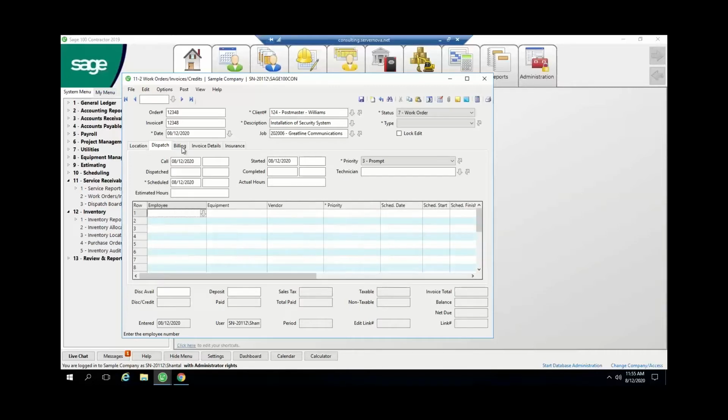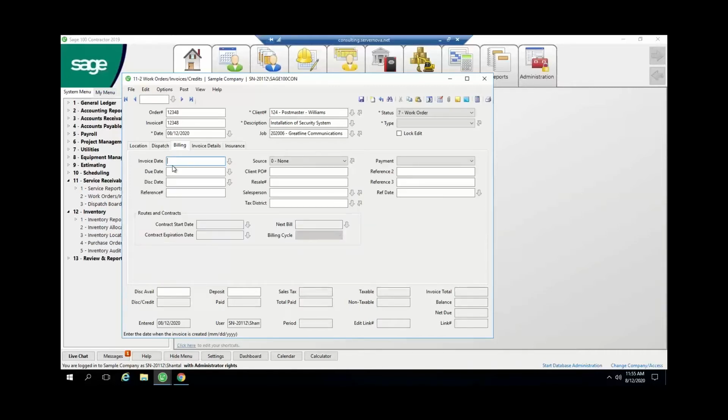Here, that's the dispatch tab, and then we have the billing tab. If we are invoicing this right away, we could put this in an invoice, put an invoice date, due date, so on and so forth. If this particular work order was going to be set up as a route for a contract,